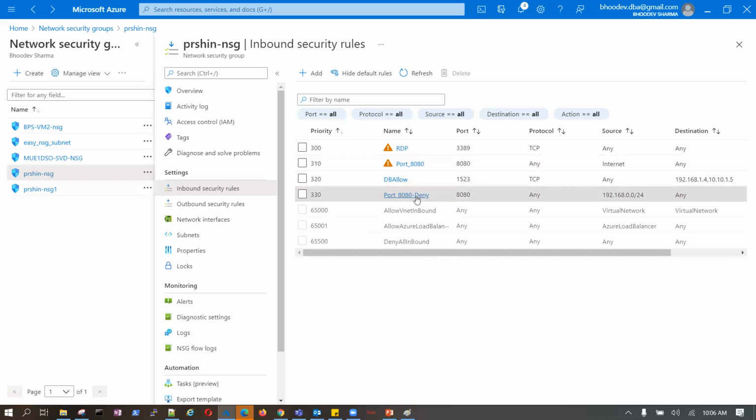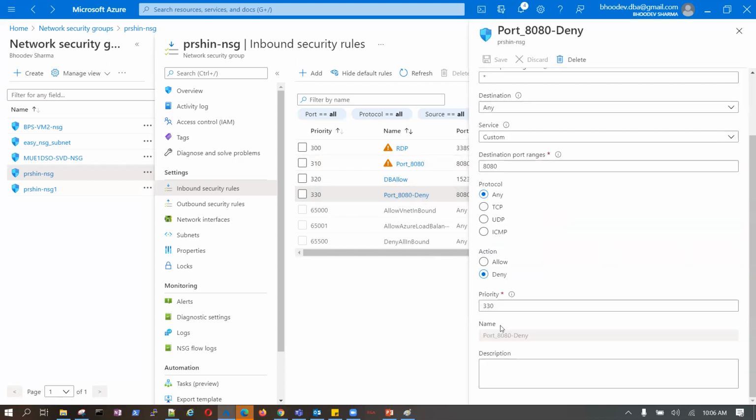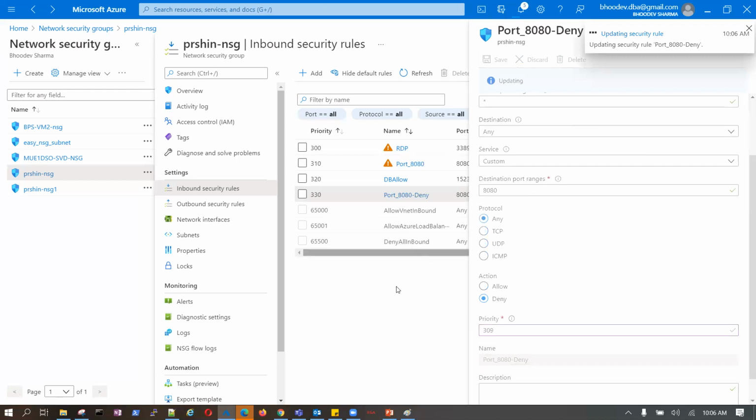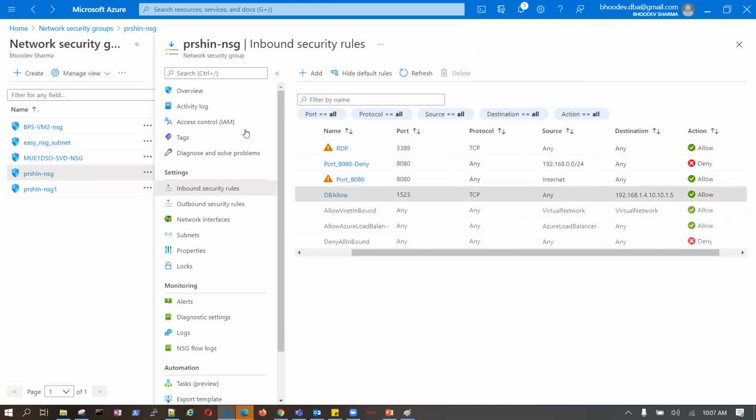The moment I set this to 309, traffic from 192.168.0.0/24 will be denied and the rest of the traffic will continue. Is that clear? Yes, yes.